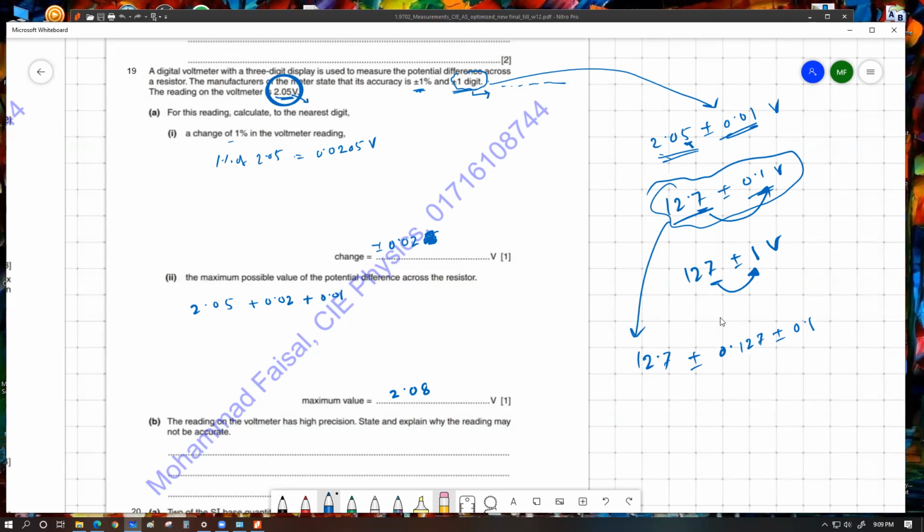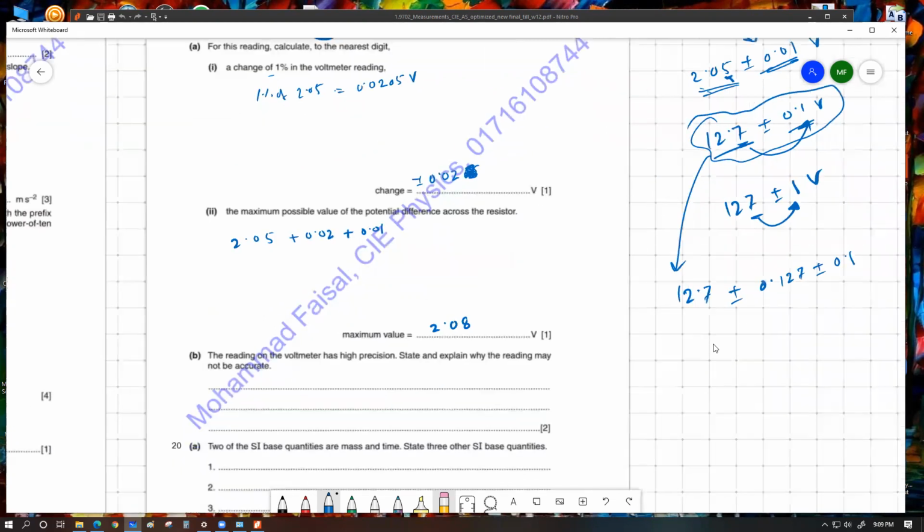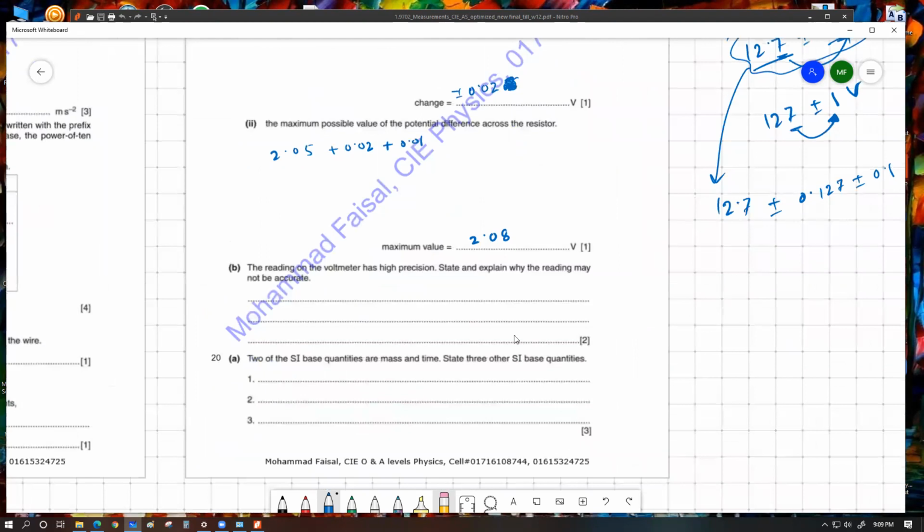ঠিক আছে, তারপর বি নাম্বার পারছো? জি স্যার, বি পারছি। আচ্ছা, এনিথিং এলস, এনিওয়ান? ইয়েস স্যার। বলো।